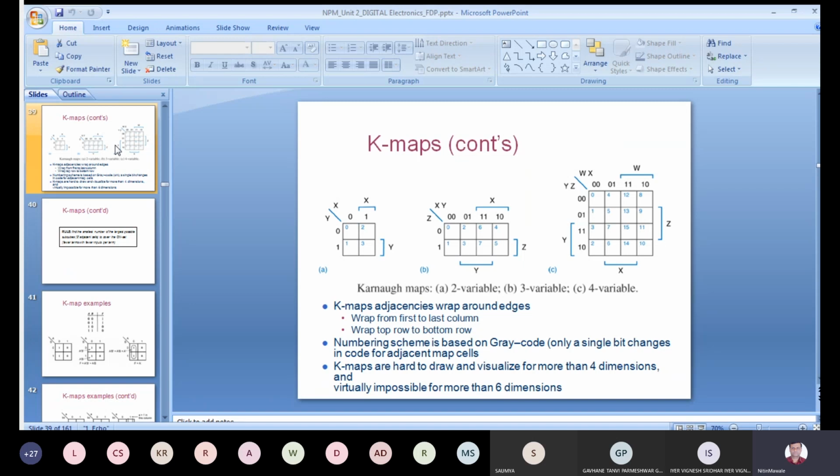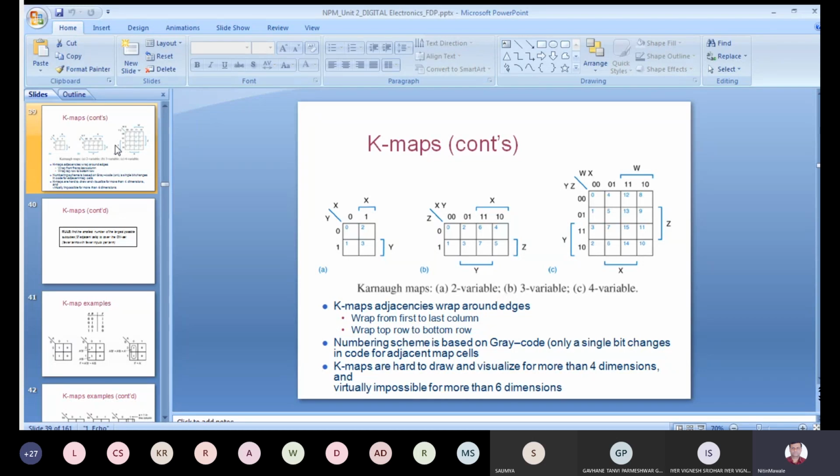So here you can see, instead of WXYZ as in the last K-map, you can consider it as PQRS. And make sure that you have drawn the correct K-map first. Then after drawing the correct K-map, you should enter the min terms in the corresponding cell numbers, the corresponding cells. So 0, 3, 5, 6, 7, 9, 11, 13 and 15.